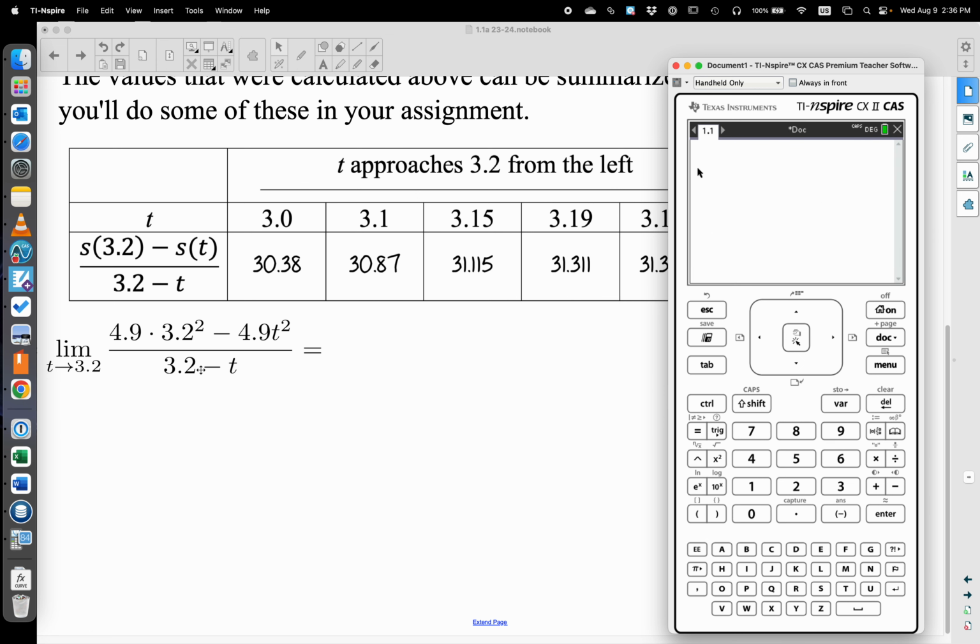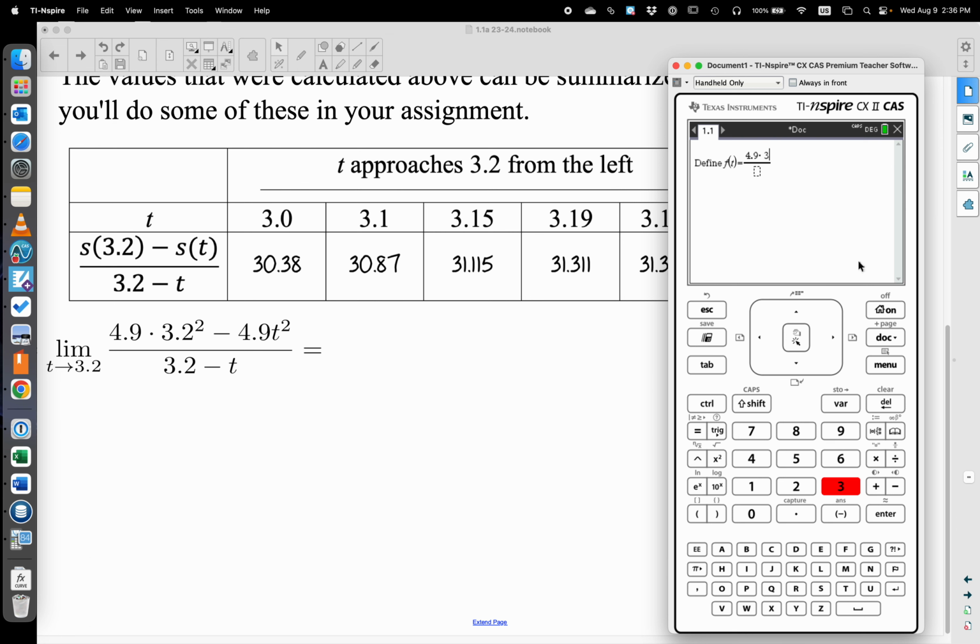And the first thing to do is define the thing you're finding the limit of. Doesn't matter what name you give it. I'm going to call it f of t. I want this to be a function, some function of t. And I'm going to do that with menu, actions, that's menu 1, define. And I want that to be f of t equals. And then I'll make a fraction with the control division